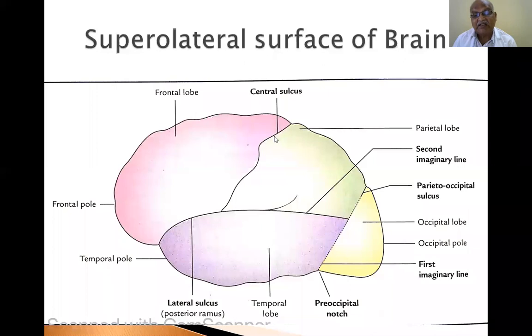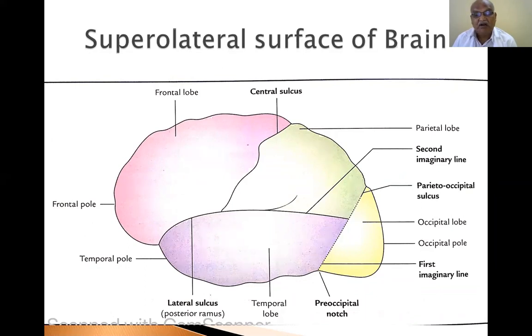Because basing on this central sulcus, you can divide the frontal lobe, parietal lobe, and others into other sulci and gyri. Because the cerebral hemisphere is made up of sulci and gyri, the remaining sulci and gyri are named relative to the central sulcus. So the central sulcus is more important in autopsy by a pathologist. If anybody asks you which sulcus will be taken into consideration by a pathologist in doing autopsy? The central sulcus.